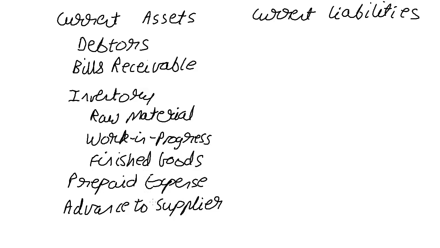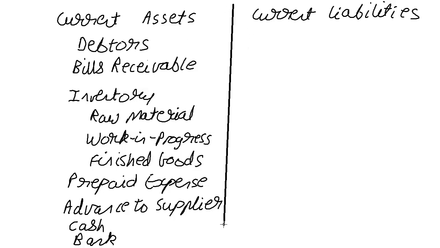There can be any number of other current assets. You can think of cash, and bank balance. These are our usual suspects. This list is going to help you in ratio analysis. It will help you in working capital management to be able to identify the different types of current assets and current liabilities. Now, the way we have debtors for current assets,